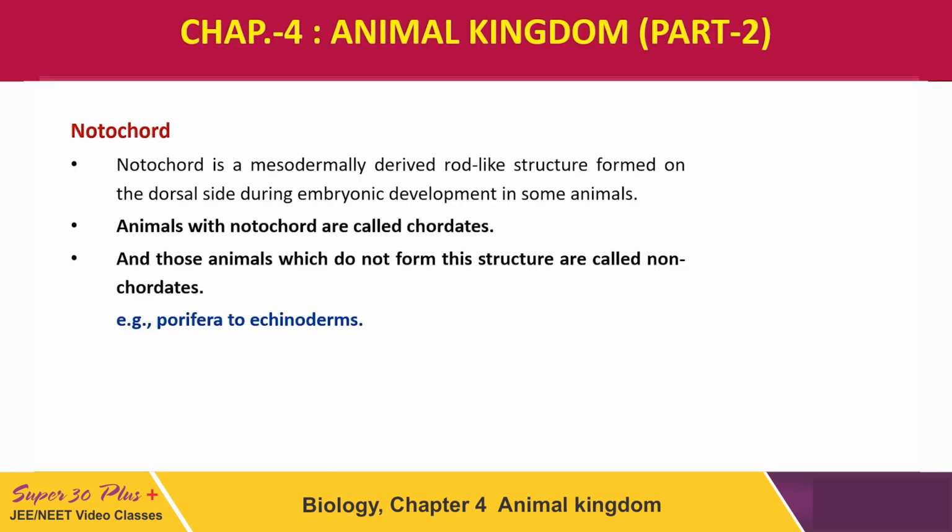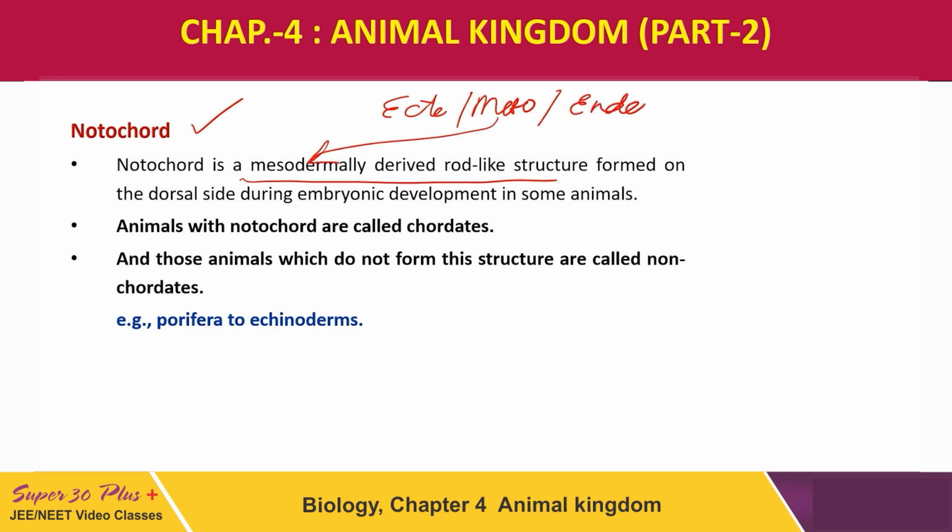In this, we have to discuss the characteristics of notochord, how it is derived, and in which group this is found. We have to see important characters of classification of the animal kingdom. This is notochord. This is mesodermal in origin, and this is a rod-like structure. You know, children, three germinal layers are there: one is ectoderm, one is mesoderm, and the other one is endoderm. You have to remember that notochord